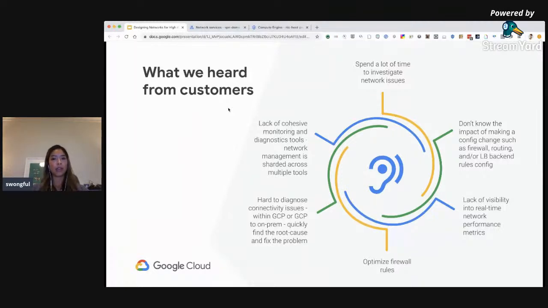The other question that we get asked a lot is, what happens if you make a configuration change in your network topology? So the point of the Network Intelligence Center is to help you answer questions like, what's your current packet loss? What's your current latency? What's your current bandwidth? So these network parameters give you more information about performance of your network and your applications. For example, if you make a change in routing or load balancer backend policy, you want to know the impact of the change and also know how to optimize them.